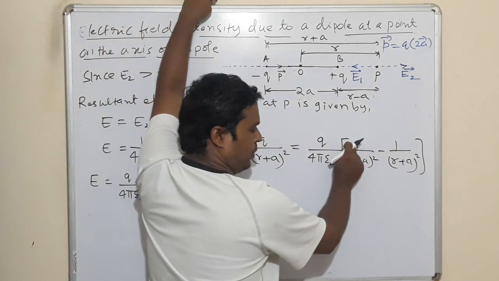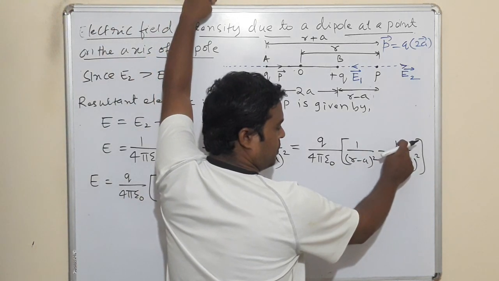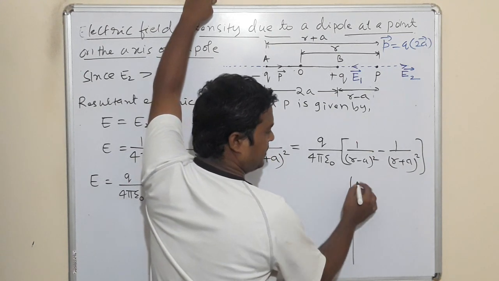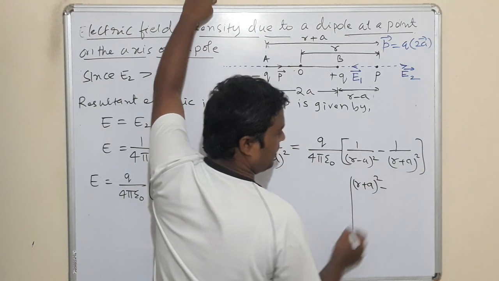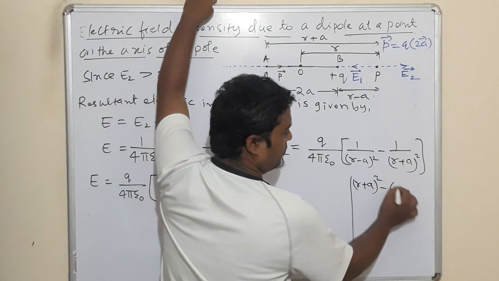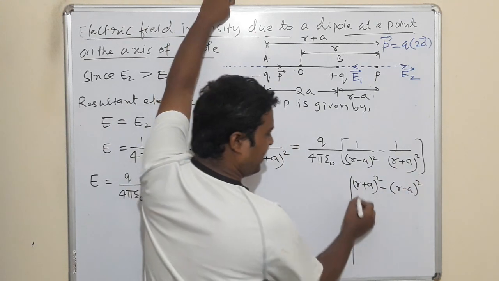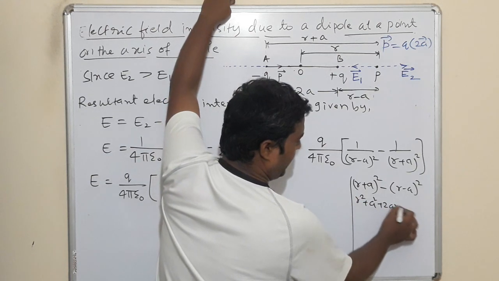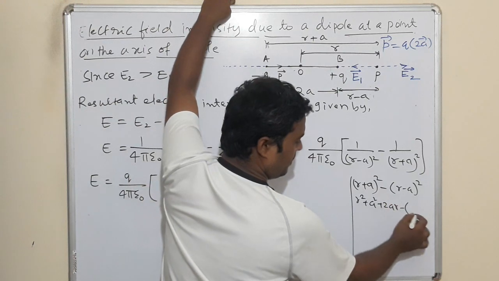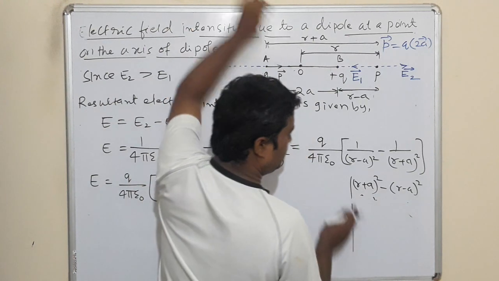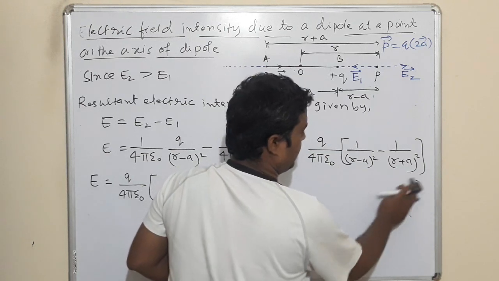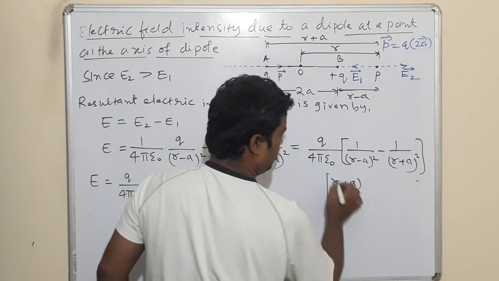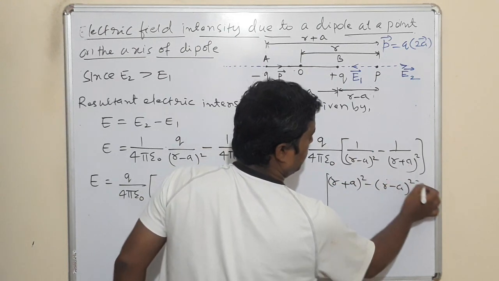This R plus A whole square goes this side, R minus A whole square goes this side. You can do it simply. See here, R plus A goes this side. That means R plus A whole square minus is there, and this will be R minus A whole square. And how much will it be? This is R square plus A square plus 2AR, the A plus B whole square formula, minus. I will explain this calculation. In the expression I will write it directly. This will be R plus A whole square this side minus R minus A whole square.